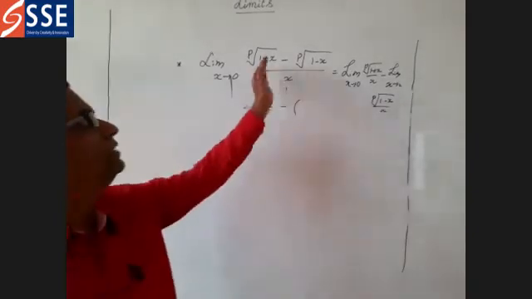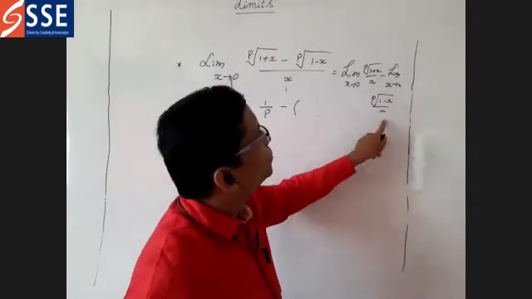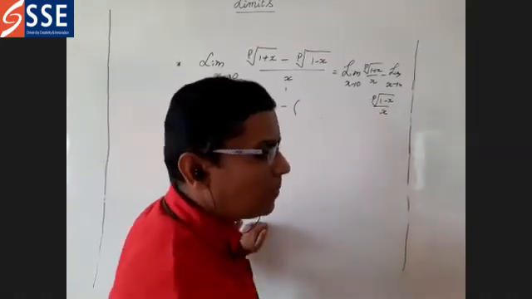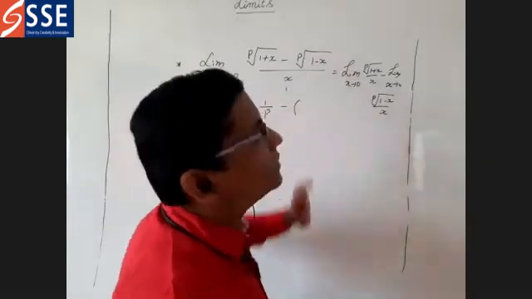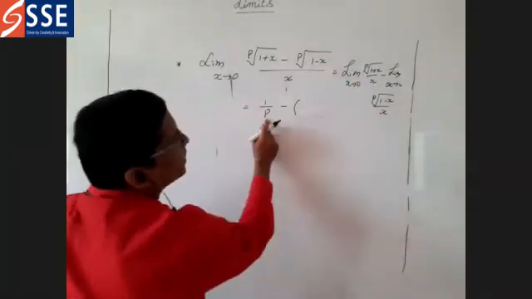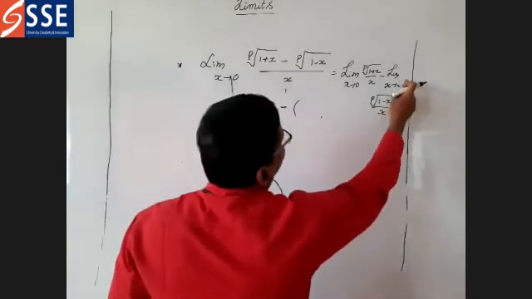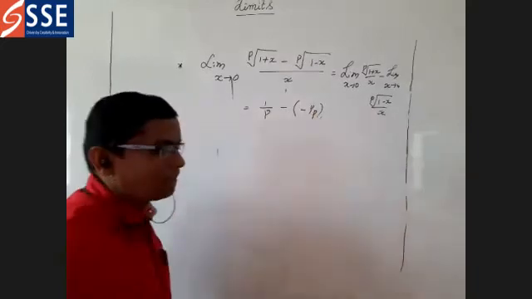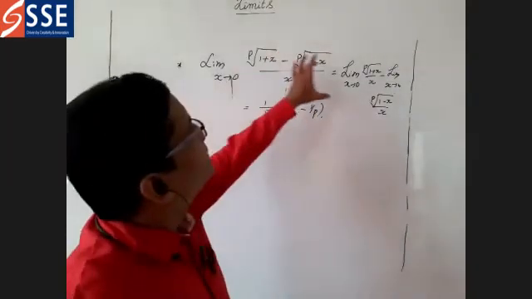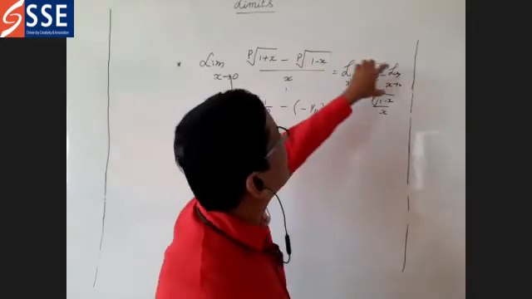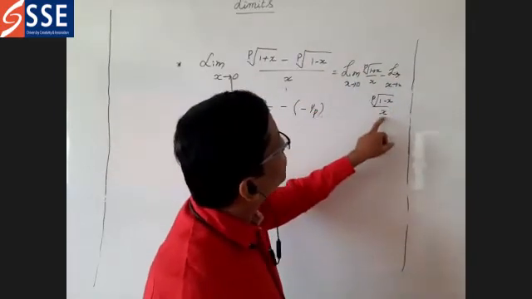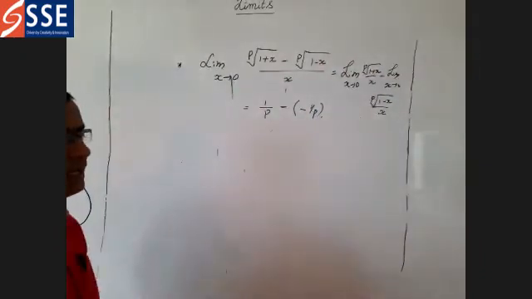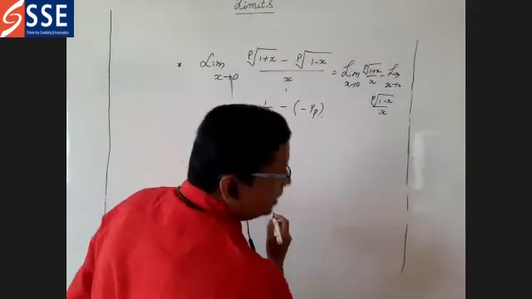Can you separate it like this? Why? Because if you add these two having the same denominator x, you are going to get the same LCM and you can get the same answer. So for this, the answer is 1 by p minus, and the answer for this is minus 1 by p. Remember this. If you subtract these two, take the LCM as x and you can get the numerator the same. So the answer is 2 by p.